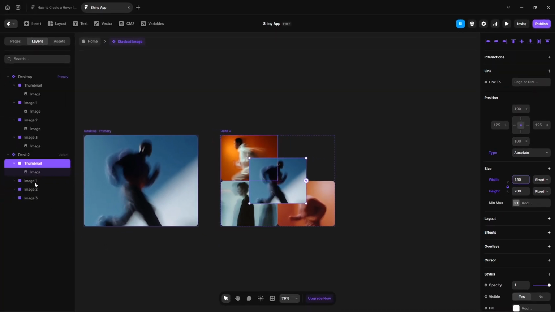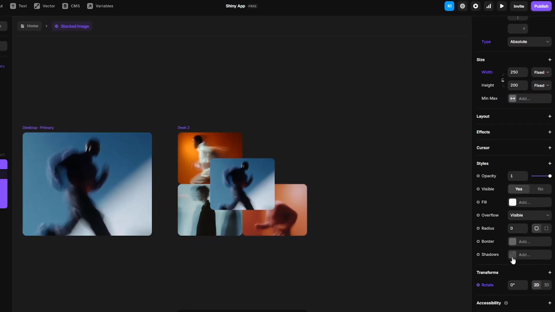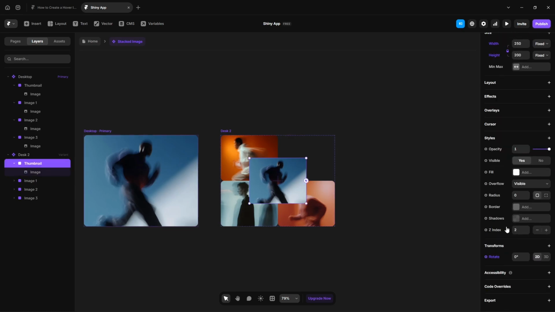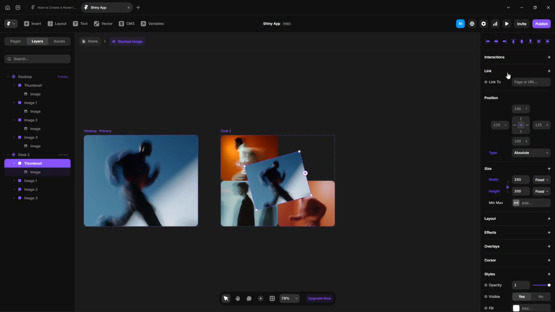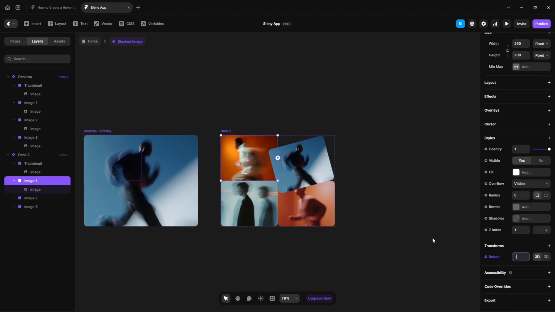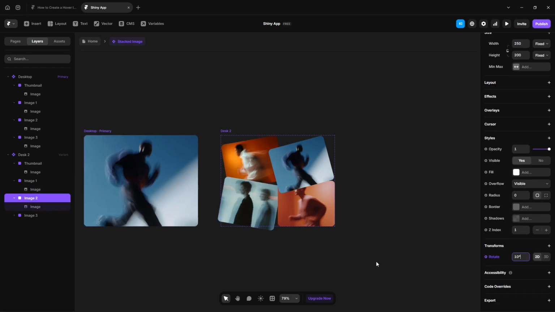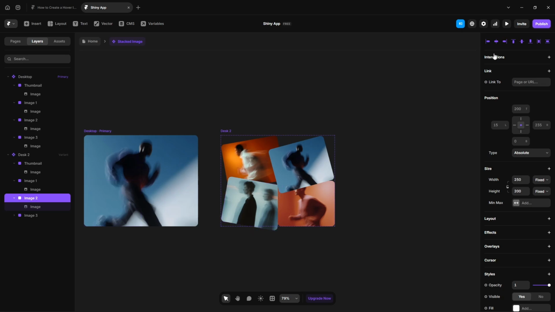Now select other layer again, scroll down, transforms, rotate, then click this thumbnail, scroll down, add rotation -15, align it right, top as for this, -10, align it left, top for this 10, align it left, bottom, finally for this 10,